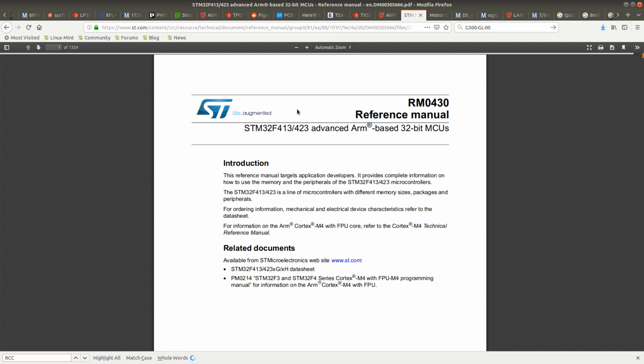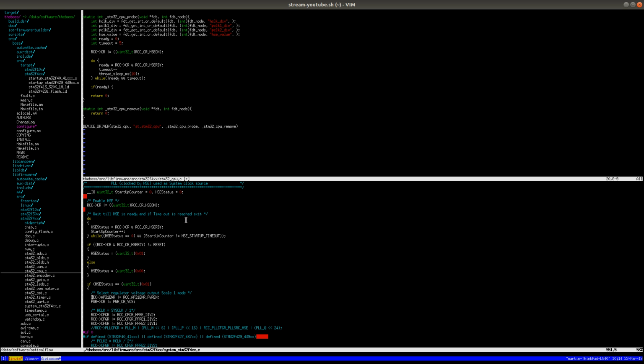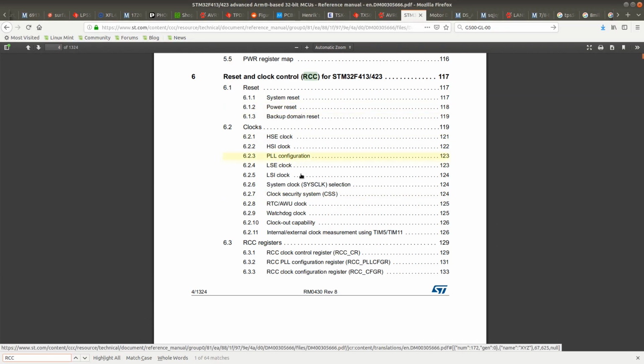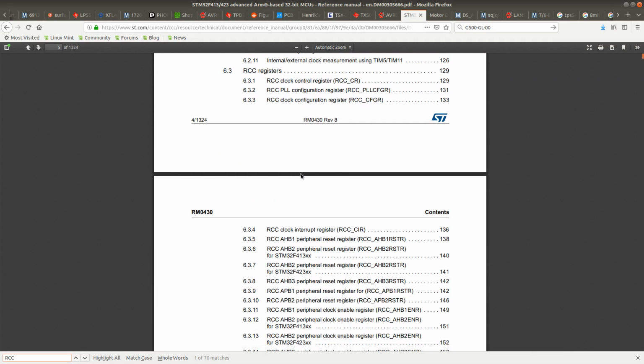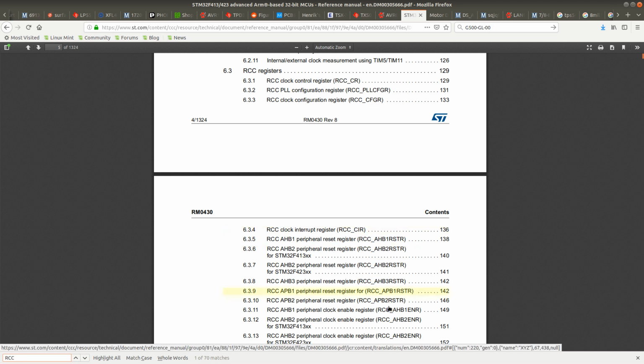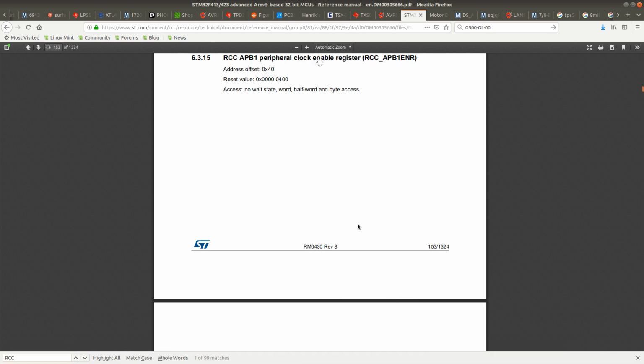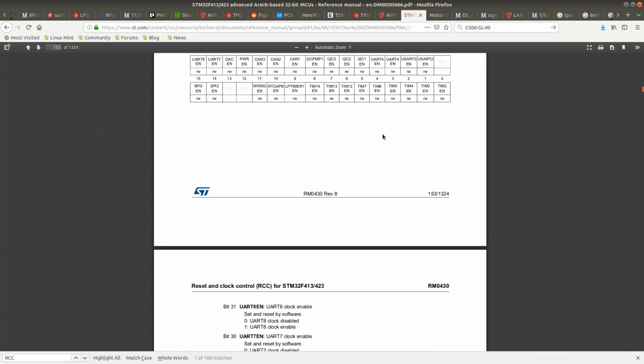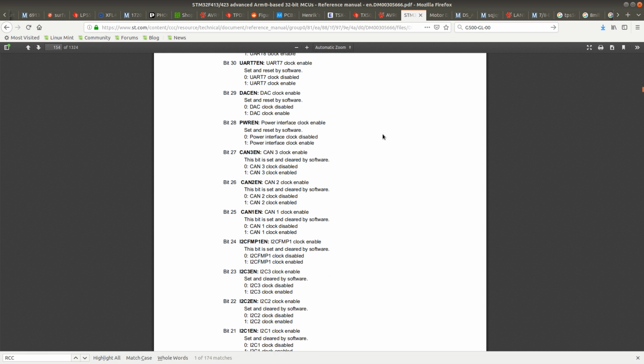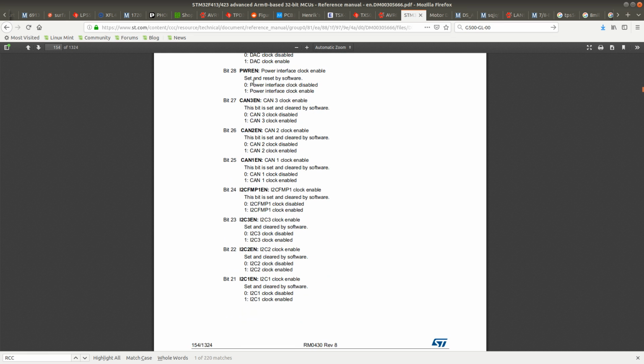I suppose that would be the RCC registers. APB1ENR. So power enable, power interface clock enable, and then